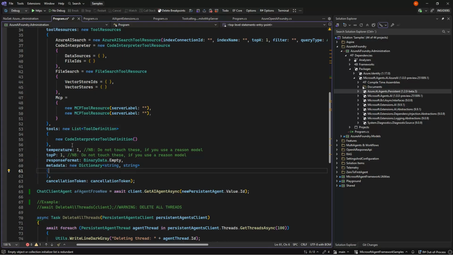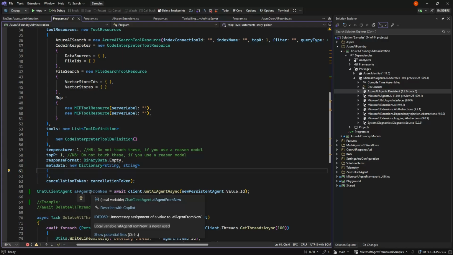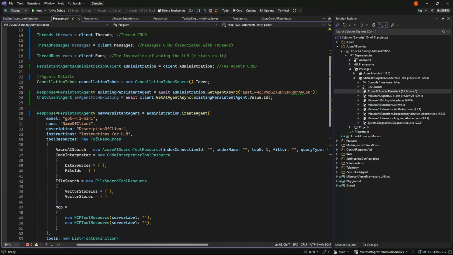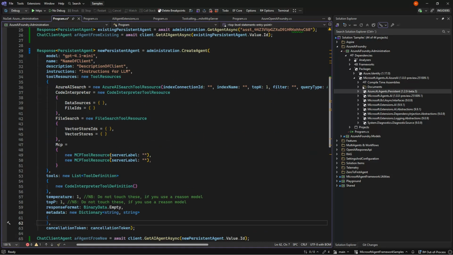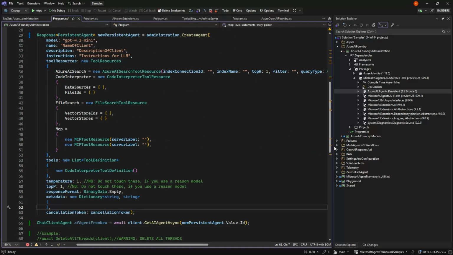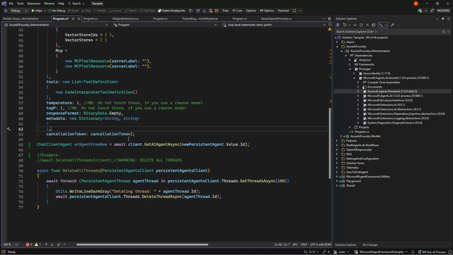And then when you have an agent like this, you can use your client to get your AI agent, so we can get it and use it from agent framework. And again, you mostly use your agents. If you've seen my zero to first prompt, we also normally delete them again because they are persistent. And if you just sit and run this code again and again, it will build up new agents unless you delete them. So here's an example of how you can also use it to clean up.